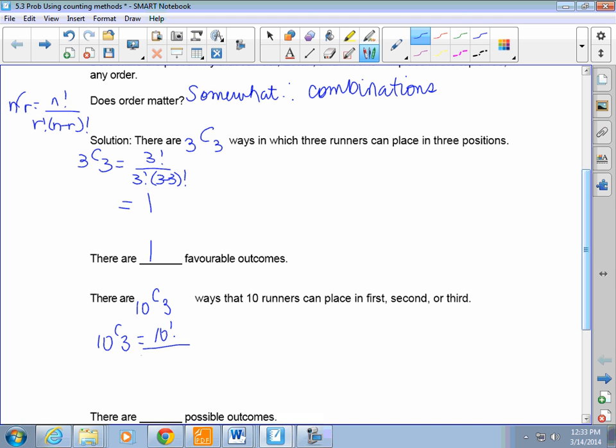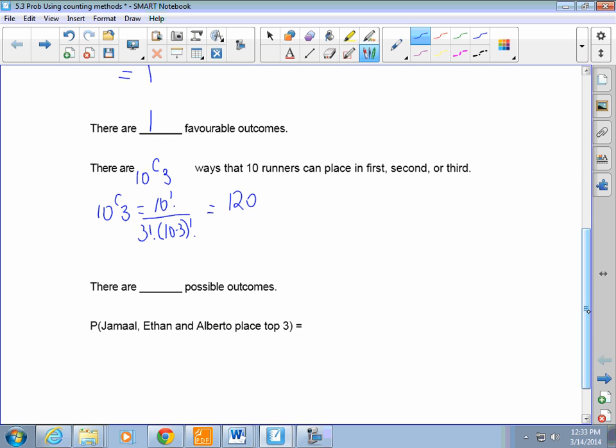Ten factorial over 3 factorial times (10 minus 3) factorial. So that's 10 factorial over 3 factorial times 7 factorial. If you do that in your calculator, that equals 120. So that means that there are 120 possible outcomes. So the probability of our favorable outcomes, which is that all 3 of these guys placed in